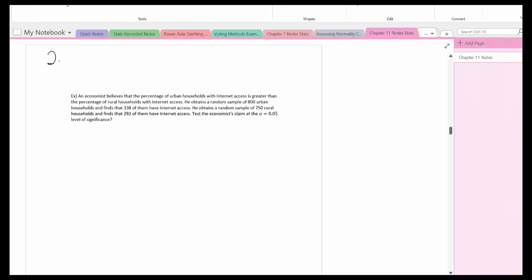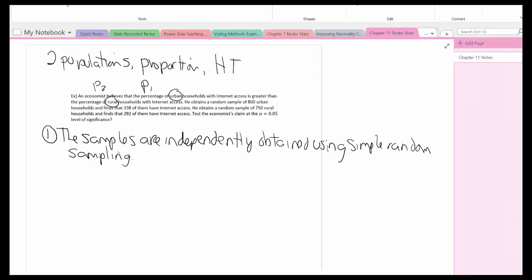So what do we have? We have two populations. It is a proportion. And we're doing a hypothesis test here. Okay? So for urban, I will consider that p1, and the rural will be p2. All right, so let me write out the very first condition that needs to be met now. The samples are independently obtained using simple random sampling. So for the next two, I need to do this for urban and rural. So let me start with